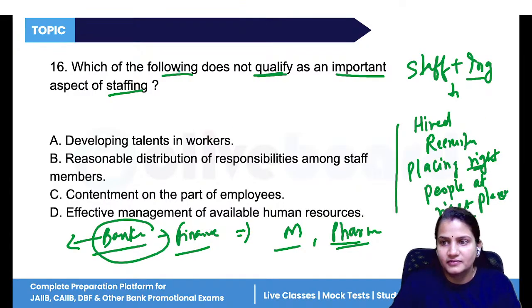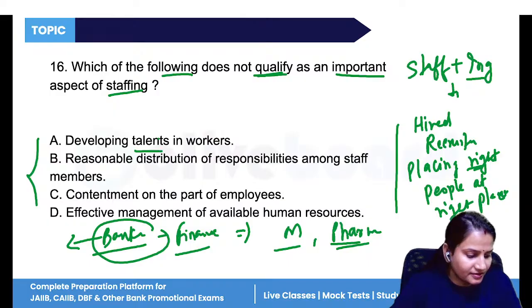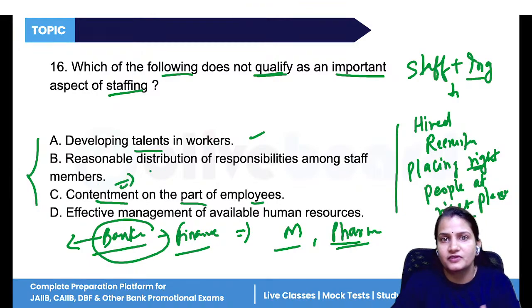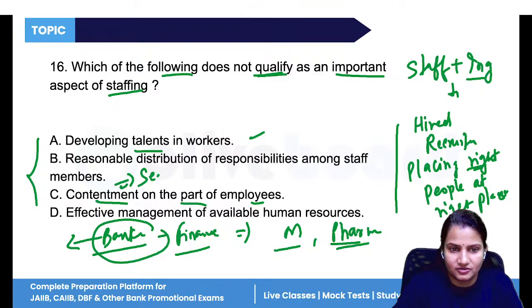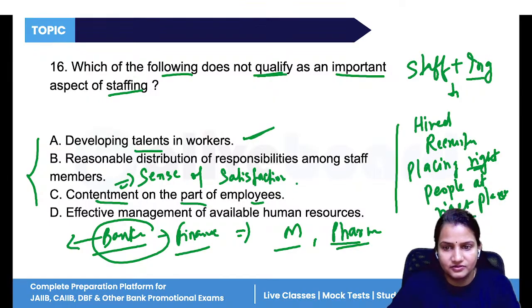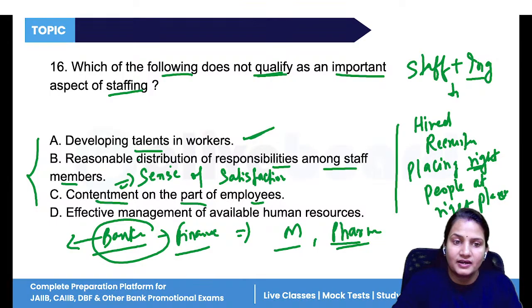So where are we? Which one does not qualify? Developing talents in workers, so this is a part of staffing. Contentment on the part of employees. Contentment means making your employees feel satisfied. So staffing is related to employees, so developing talent in workers is correct. Reasonable distribution of responsibilities among staff members. See, distribution of responsibilities is a part of